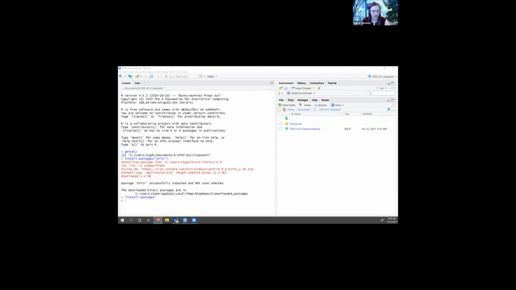I'm surprised it required it. So usually if you're downloading a package, there's a pop-up in RStudio that says, would you like to download the original binaries? And if you say no, I don't think you need this package. So this is why this is interactive. Okay. So if you have that downloaded, if you don't,